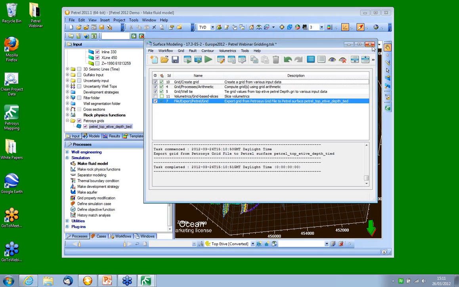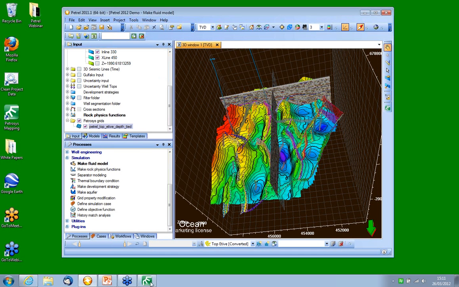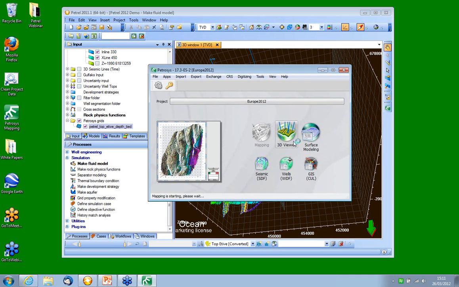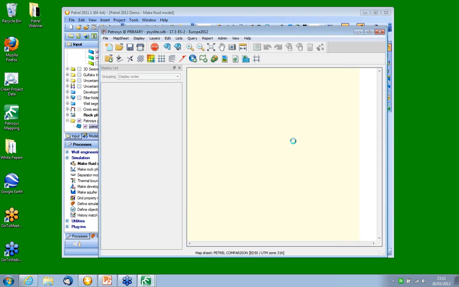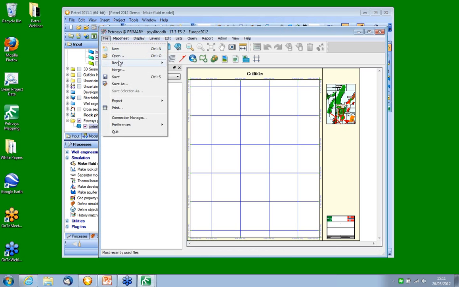Okay, so that functionality we've looked at is the functionality which was the first iteration of the Petrel plugin. What I'm going to show you now and move on to now is the new functionality, the functionality which most of you won't have seen. So again, we'll come out of the gridding and contouring. We'll reopen the map. Okay, so this is the Petrosys map. We'll open the